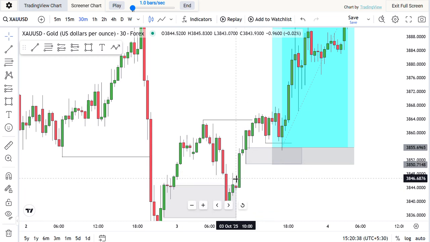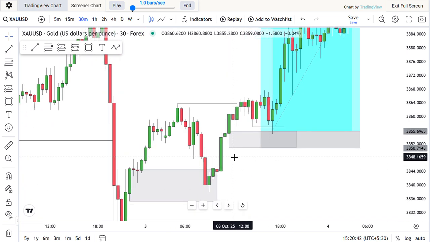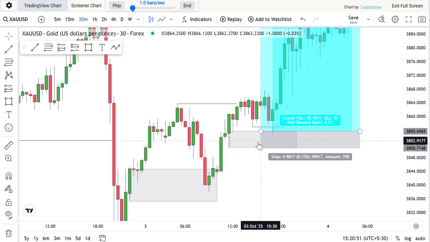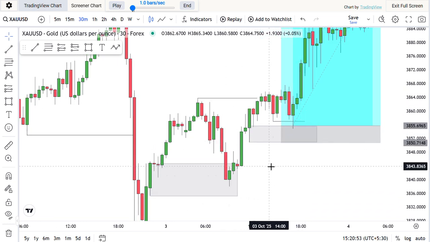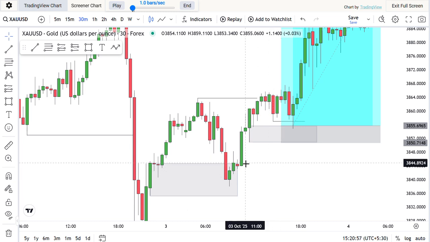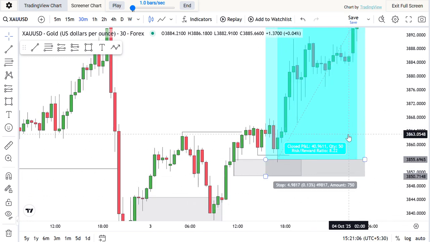So I hope you've been able to discover from here how we were able to mitigate into demand, and we were able to use the candle that mitigated demand from here as our entry to buy. So that's what price did. Mitigated this candle, transferred demand, and then we had a demand line here. So that is just it.